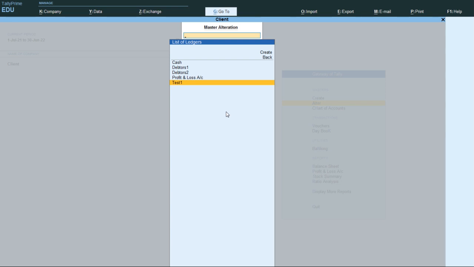So whatever the customer is asking, according to that Tally Prime is working fine, there is no issue. So you can change your client ledgers grouping, and after the synchronization, according to that it will update to the server.